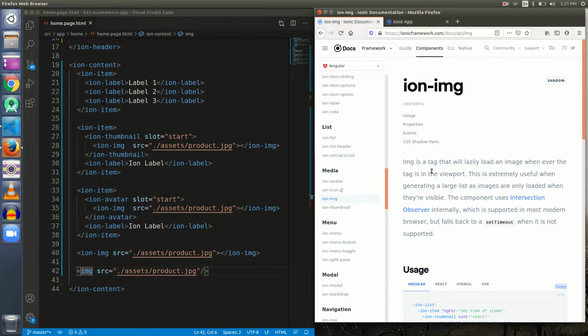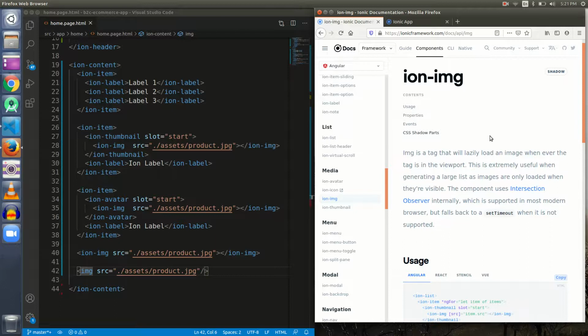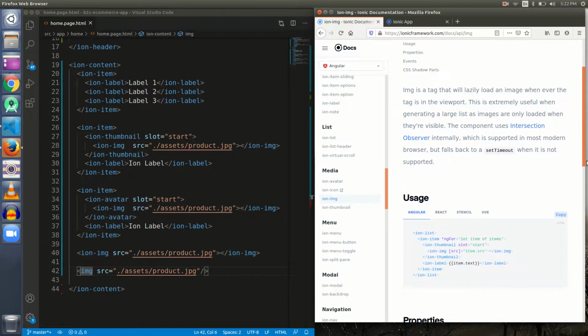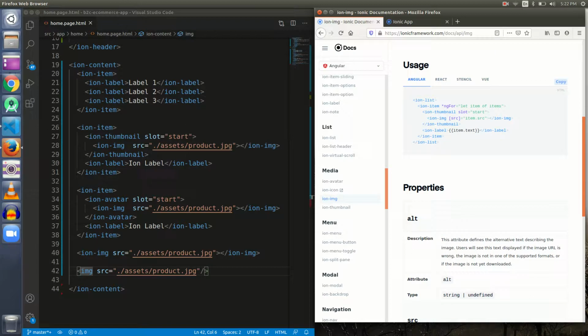The second difference: every Ionic tag is a combination of some HTML, some CSS, and some embedded JavaScript functionality. So the ion-img that is displayed is a combination of the already built HTML img tag plus some HTML, some CSS, and some default JavaScript.